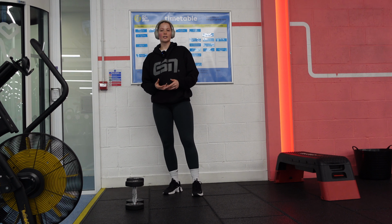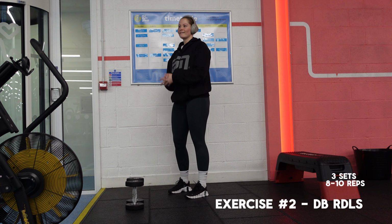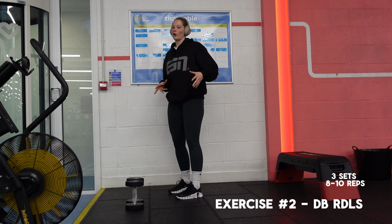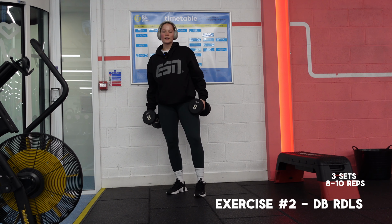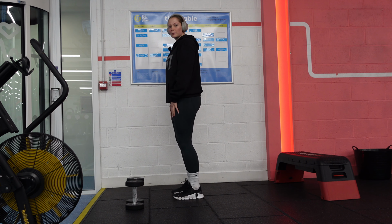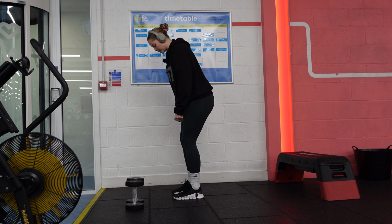So for the next exercise, we're going to be doing dumbbell RDLs. RDLs are absolutely fantastic for growing the glutes, the hamstrings, all of it. So we're going to be doing 3 sets of 8 to 10 reps again. Let me show you from the side. Shoulder width apart, we've got our pretend dumbbells in our hands, and then you're going to shoot your hips